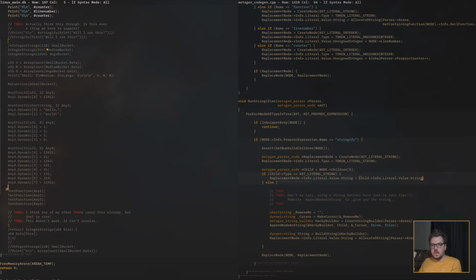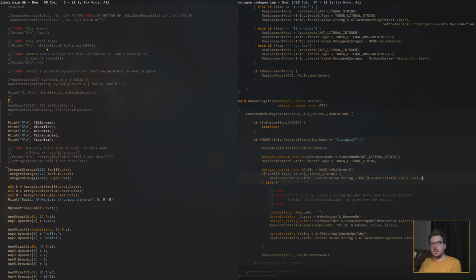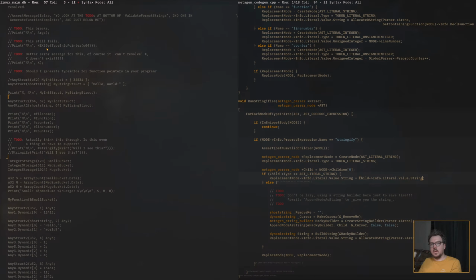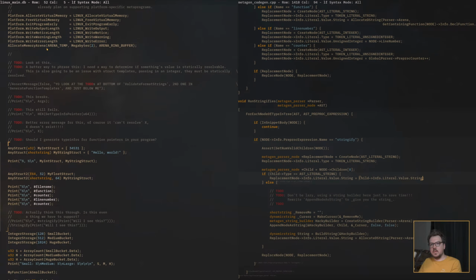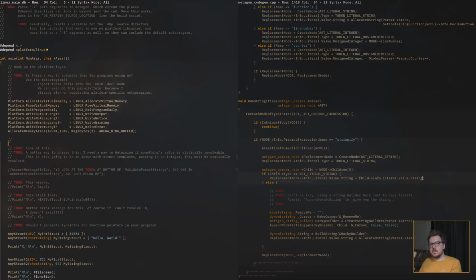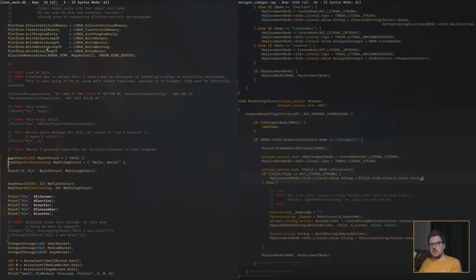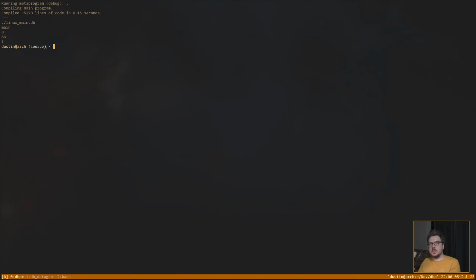Let's turn off all these comments and just turn on all the printing that we're doing in here, and just go through what everything should be. So these are all to-dos that need fixed. Okay. Just see if this still compiles.